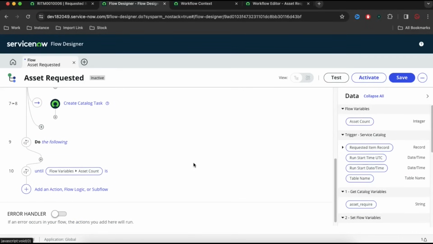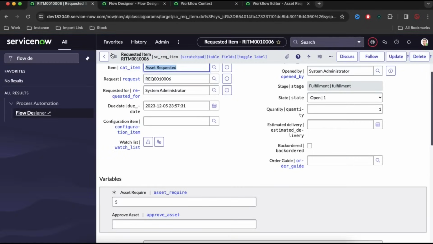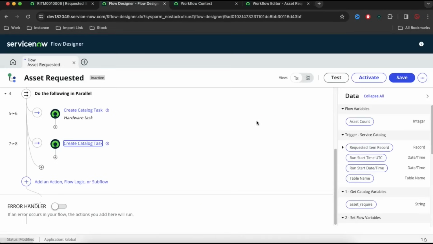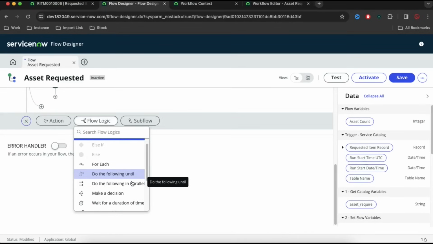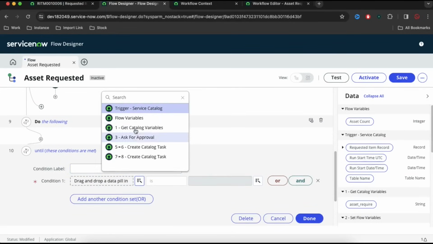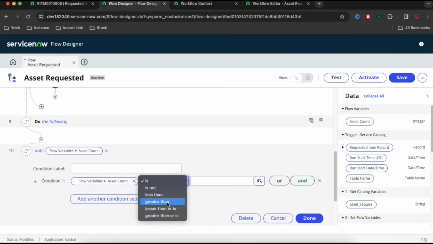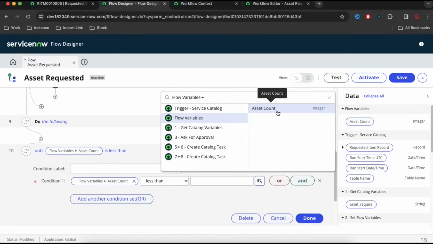And until this variable value is greater than, so this value is greater than the asset requested, we'll do the following until. So I'll delete this one again for your understanding. Let's delete that. So here I will click the plus sign, click Flow Logic, and then I will do Do the following until. What is the logic? The logic is that the flow variable asset count is less than the